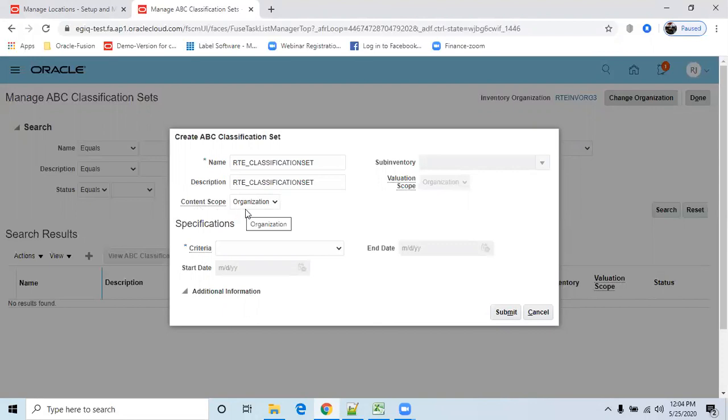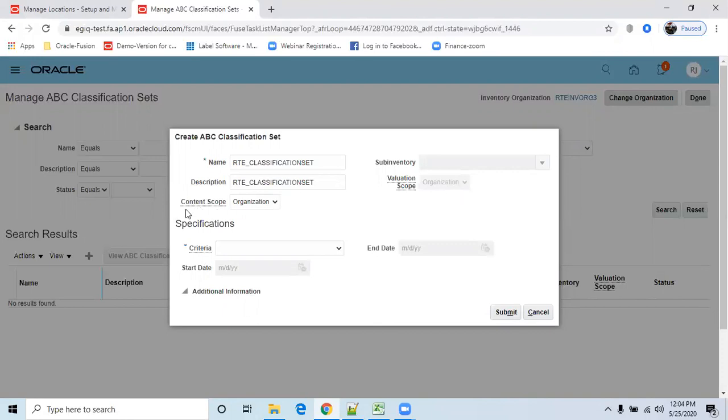If content scope is organization and valuation scope is organization, it means that under this organization, suppose we have 3 to 4 sub inventories, this classification set will be applied for all 4 sub inventories.